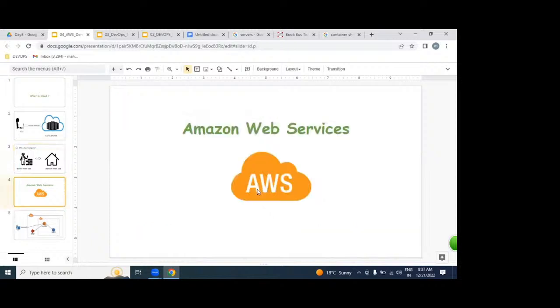But which cloud? Any cloud is the same, either Azure, AWS, or Google. All are the same service, same thing only. But which cloud are we going to learn? AWS. So the service is the same, but the provider is different. For example, I want to buy a shirt online. The shirt is the same, isn't it?